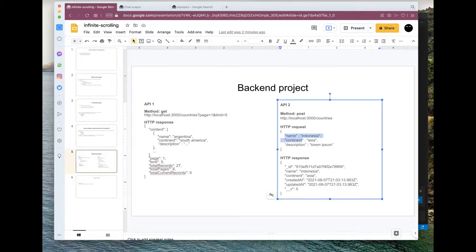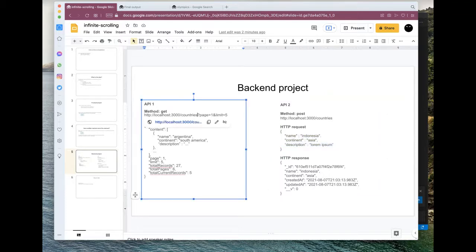So these are the data that will be inserted into database and we'll use the same data in front end, like name, continent and description. And the pagination logic is implemented in the GET request. So if we pass the page and limit, data will be returned accordingly.